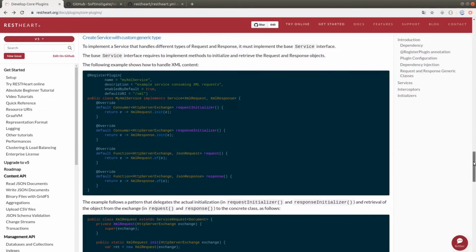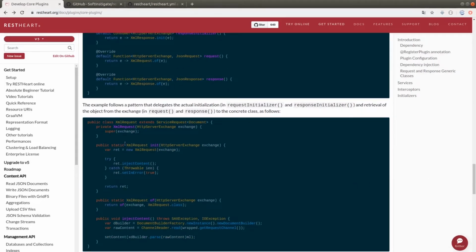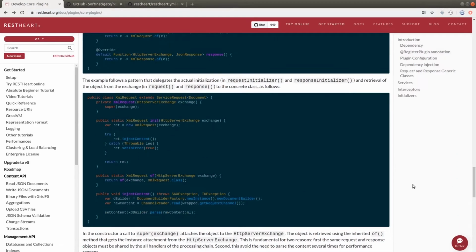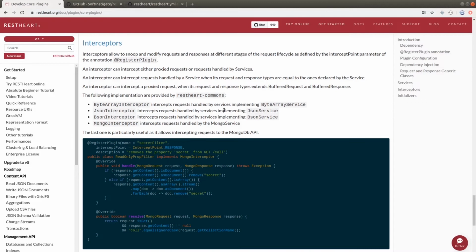Moreover, it is clearly necessary to implement the XML request class to execute the initialization, manage the content, and do all the operations which are completely transparent when we use the basic types, but that require more effort and coding when we want to make a personalization. However, what we want to highlight is that Restart allows complete extensibility. Therefore, we can also use non-conventional types by implementing all the aspects which are necessary to make everything work correctly.